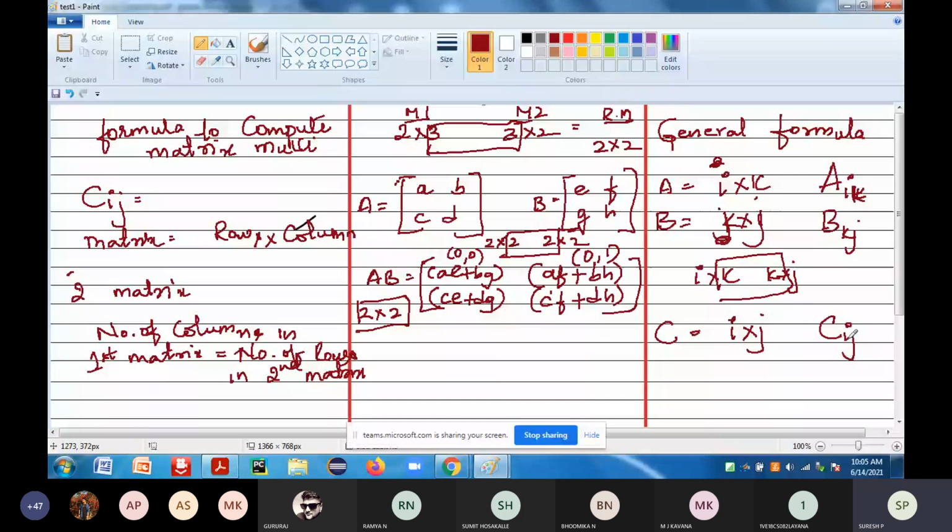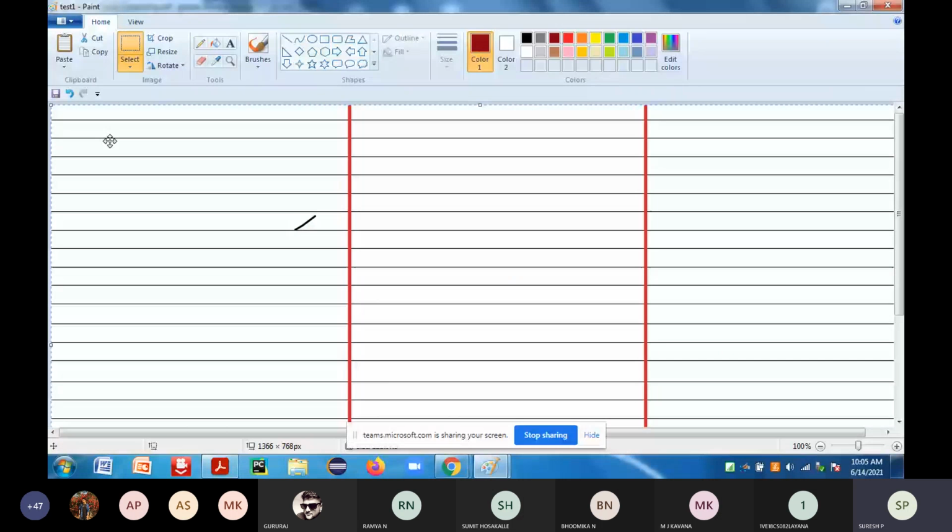Now when it is performing this particular operation, the resultant matrix C of i j will be equal to the summation of k equal to 0 to n minus 1. That depends upon the number of columns in the first matrix and the number of rows in the second matrix.